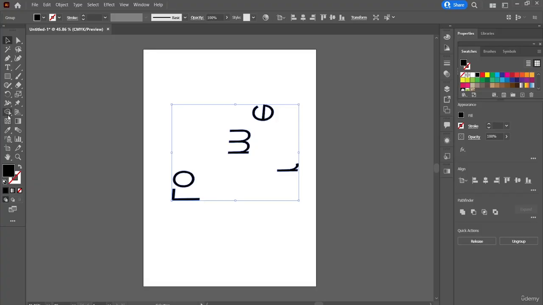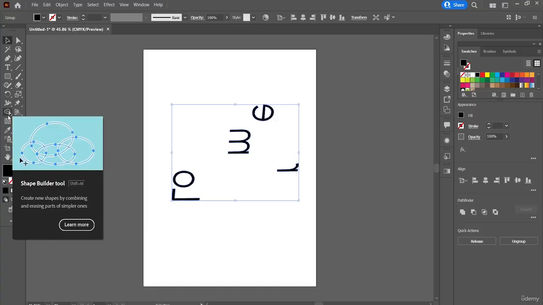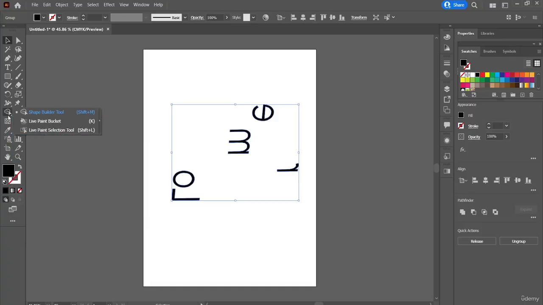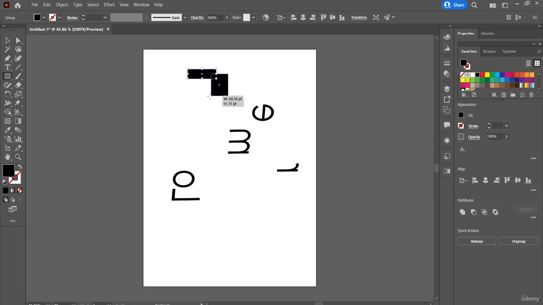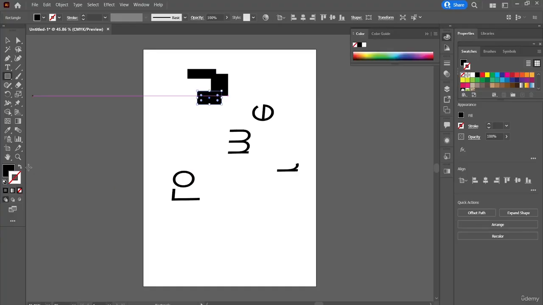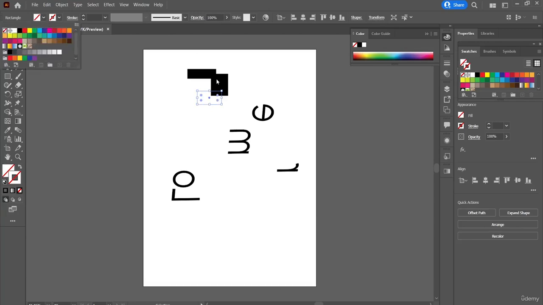Then we have this tool called the shape builder tool. You can select shapes from over here. Let me show it to you. Okay, I'm going to first make a couple of shapes. There we go. And I'm going to click on these options, and I'm going to make sure that they have no specific color. I'm going to select it, and I'm going to make sure to select none, but